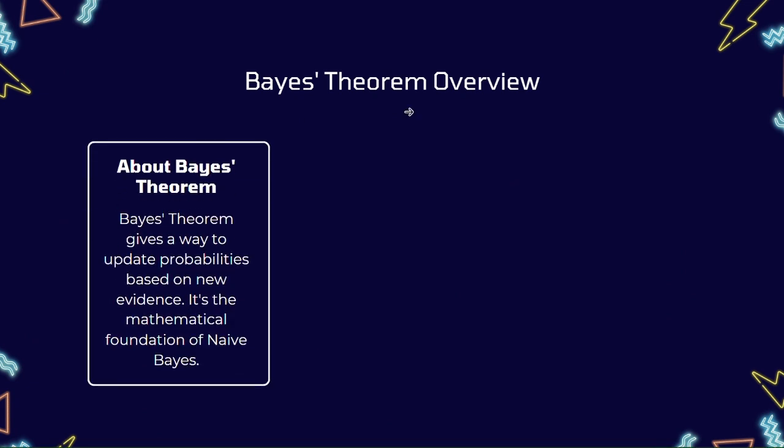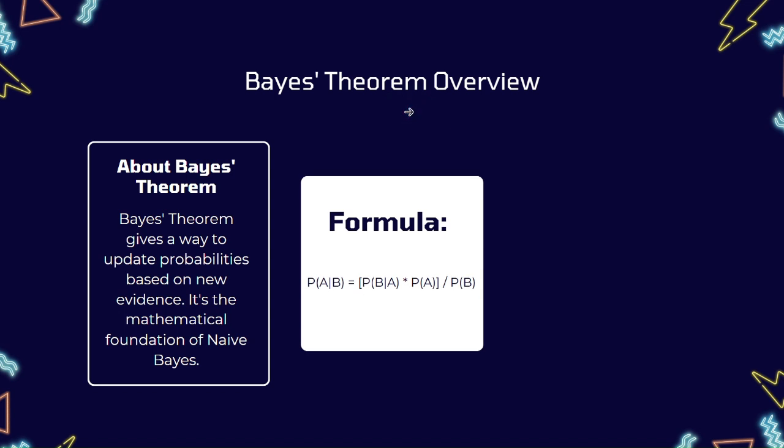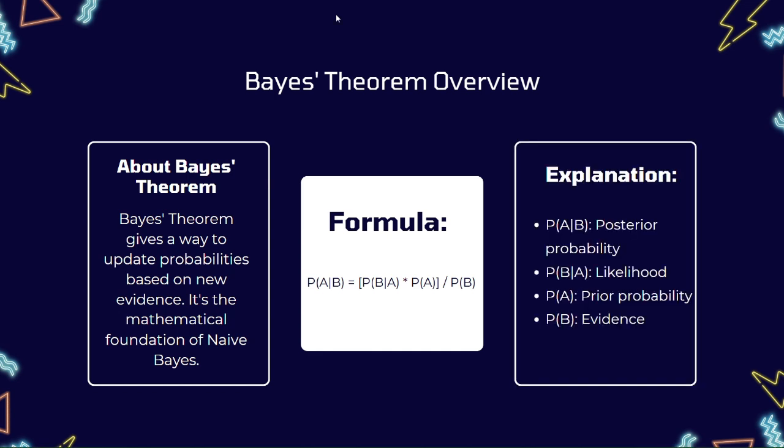Now let's dive into Bayes theorem, which powers the Naive Bayes algorithm. Bayes theorem helps us to update our beliefs based on new evidence. The formula is P(A|B) = P(B|A) × P(A) / P(B). Let's break down the formula. Here, P(A|B) is the posterior probability, meaning the probability of A happening given B is true. For example, the probability that an email is spam given it